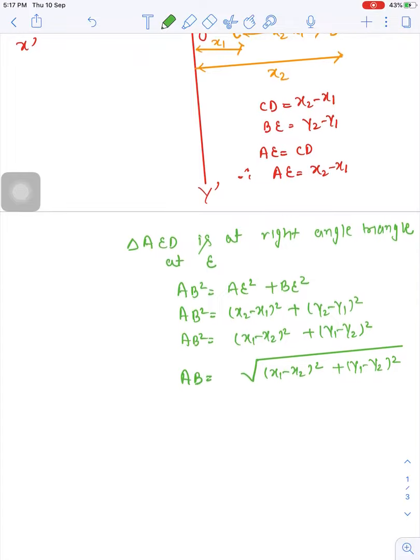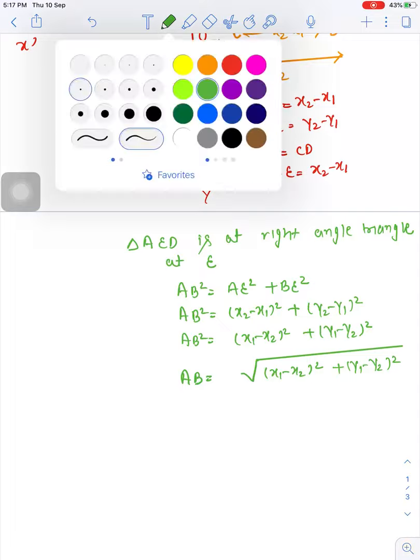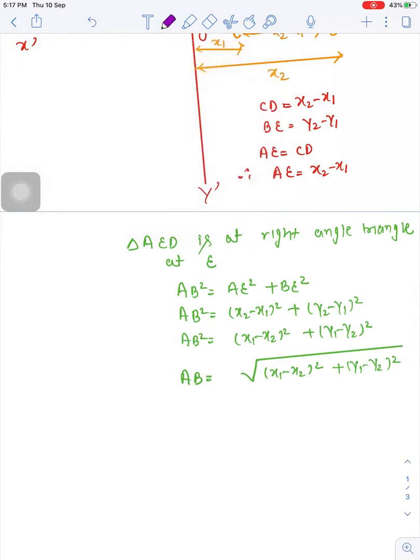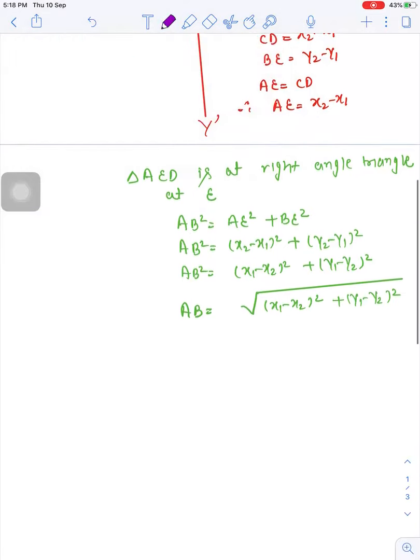Now students are very much afraid of how we can use the formula, sir. How we can use the formula? It looks very interesting, but can you give me an example? Okay, fine, we can take one example. So suppose we have a point A, 2, 4, and the second point B, 6, 9. Now what is the question? Calculate the distance between AB.